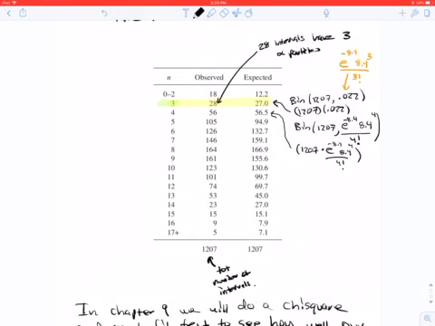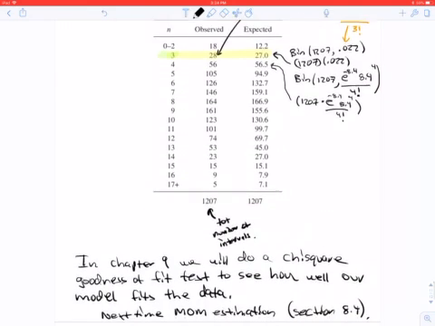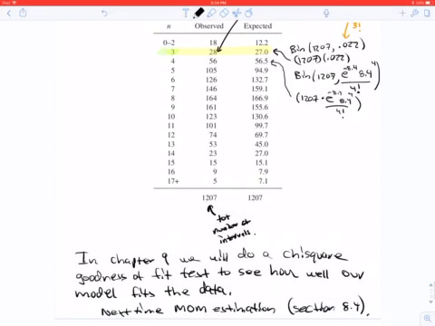So this gives us now this table of observed versus expected values, and you would hope that the expected values are close to the observed, but in fact, what does close mean? This can be quantified using what's called a chi-square distribution and a goodness of fit test, which we'll see